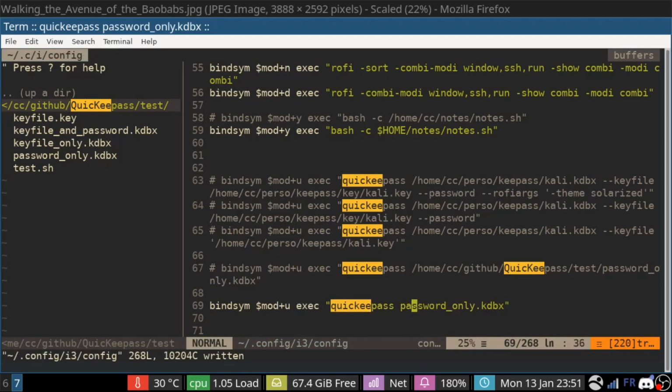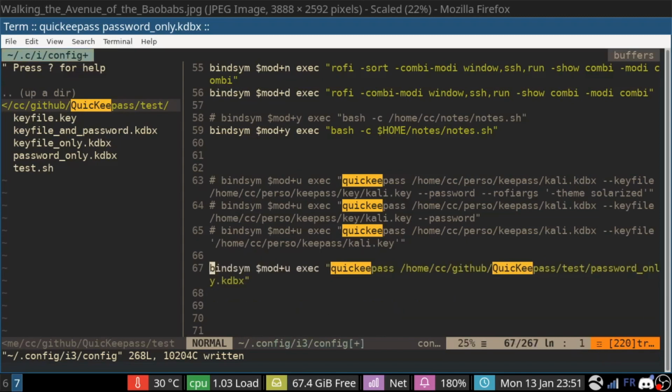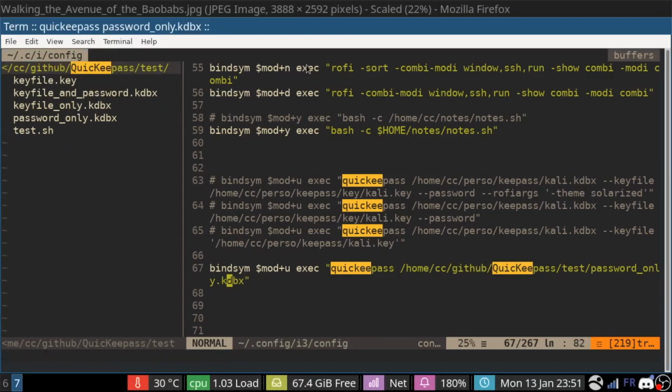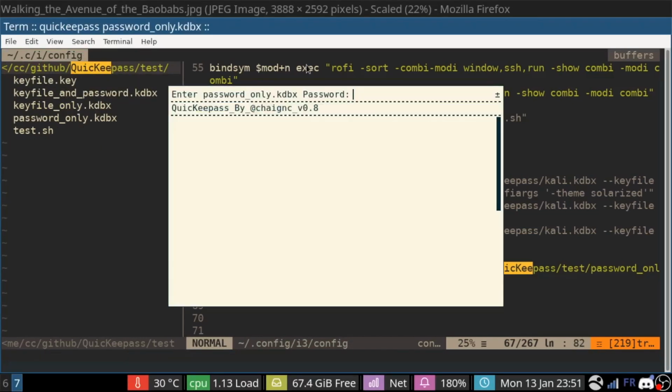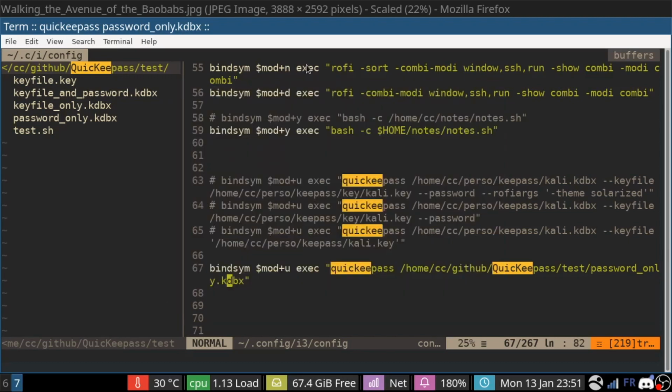Of course, the database path needs to be absolute. I already did it here. So you just need QuickKeePass and the database path, the full path, and you just reload: mod+Shift+R, and you press U, and after that you are ready to go. So you put the path to your QuickKeePass database.